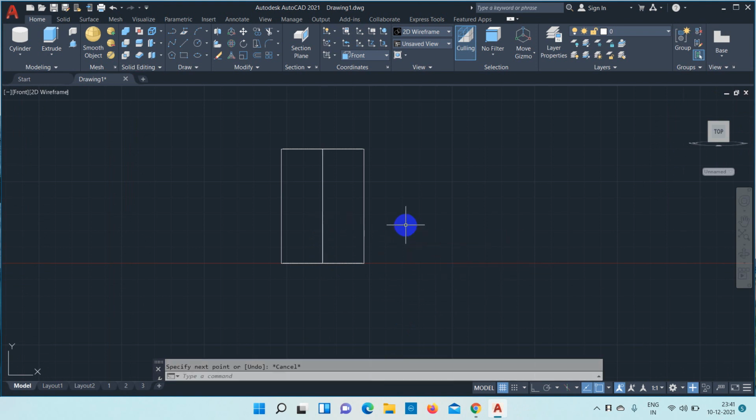Okay, then along that 30 mm intersection point I will draw a horizontal line. Before that, make sure that ortho is on. So pick the 30 mm intersection point, draw a line for random length. Similarly extend this into the left side also.